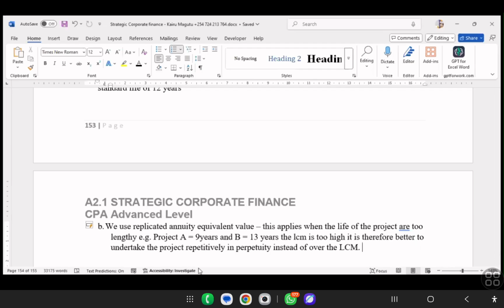In case you are told to give the conflict between the NPV and IRR, I have cited the fourth scenario, which I believe I have tried to explain. So I want us to leave it at that. Tomorrow I want us to deal with the questions. We deal with the questions as we wind up